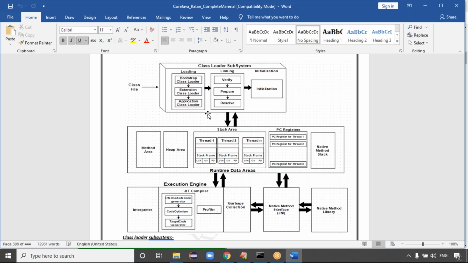The JNI concept is the Java Native Interface. What is the purpose of JNI, guys? With the help of JNI only, the execution engine interacts with native libraries, right? Native method libraries, because the method implementations are there in non-Java code. Good. So try to see up to this point.